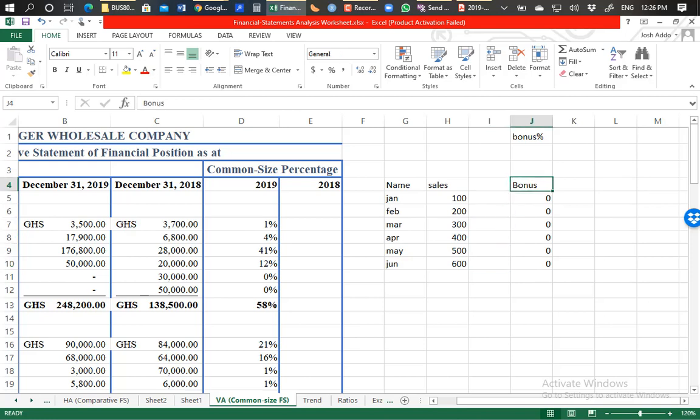So make the presentation snappy. Let the 5% be here. Type it only once. Don't type it as many times as you have to compute the bonuses. When I type it only once, I can do the formula the same way as I did. Is equal to this times this. Fine. So you do the first one. If you drag